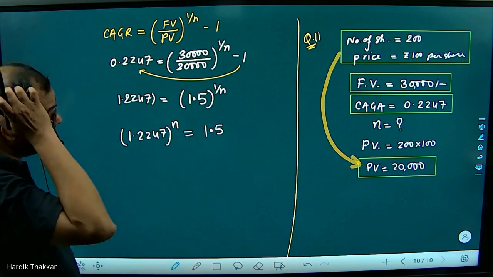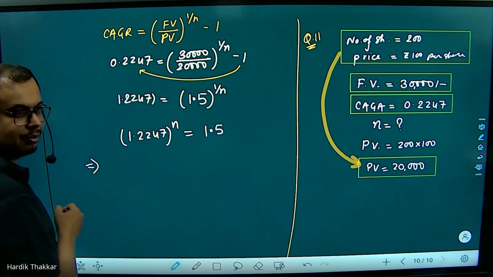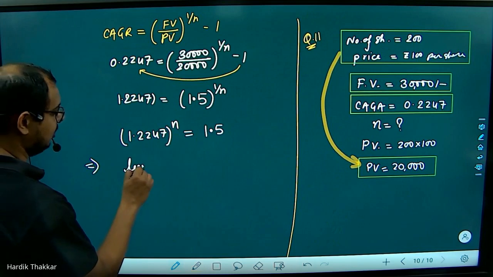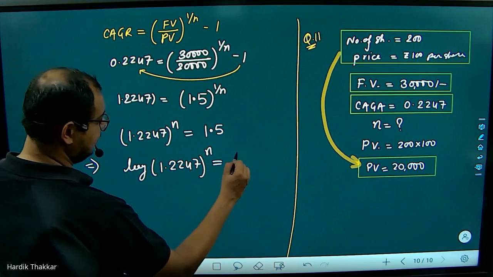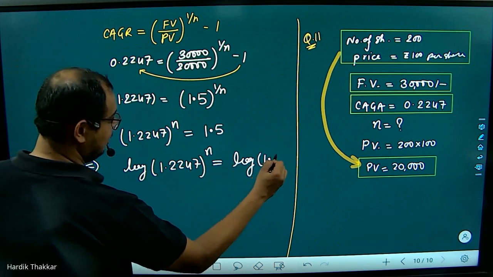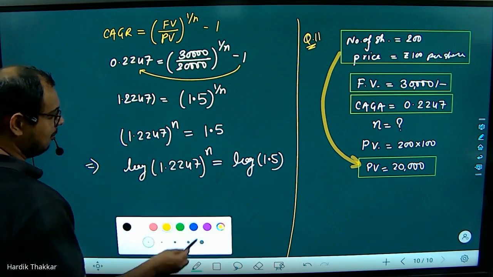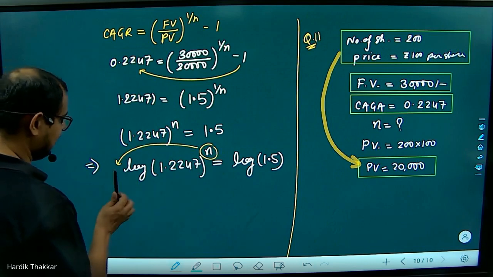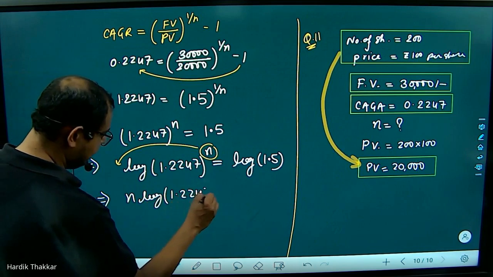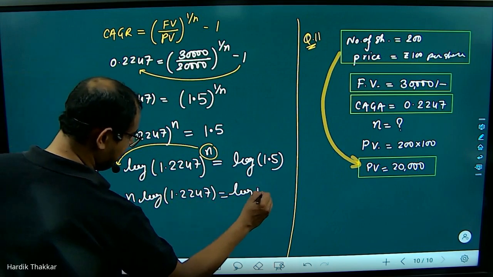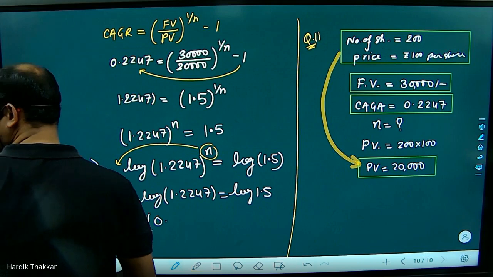अब देखो, इसमें आपको वैल्यू दी होगी, लॉग में दी होगी, क्योंकि इसके बाद अगर इसको सॉल्व करना है ना, तो लॉग लेना पड़ेगा आपको। सो वी विल टेक लॉग बोथ द साइड। सो इट इज लॉग 1.2247 होल रेस्ट टू पावर n इज इक्वल्स टू लॉग 1.5। मतलब हो सकता है इसकी वैल्यू दे दे या लॉग की वैल्यू, लॉग दिया होगा मेरे ख्याल से मोस्ट प्रोबेबली। अब लॉग की प्रॉपर्टी से n जो है ये सामने आ जाता है, तो क्या हो जाएगा, n log 1.2247 is equals to log 1.5। ओके, n इसकी वैल्यू जो आएगी अप्रोक्सीमेटली 0 पॉइंट, मेरे ख्याल से 204 कुछ आता है,